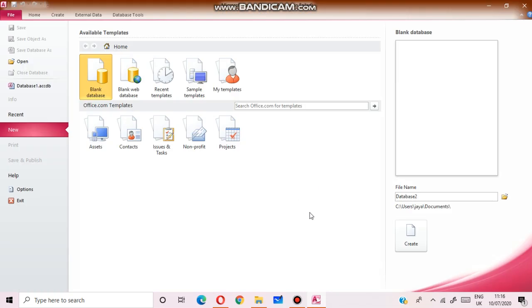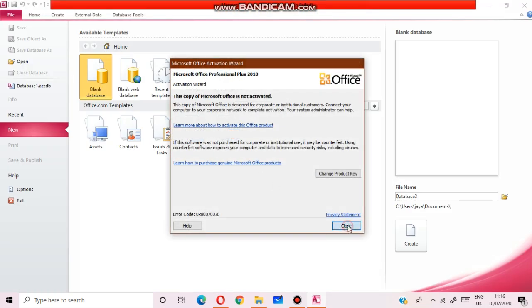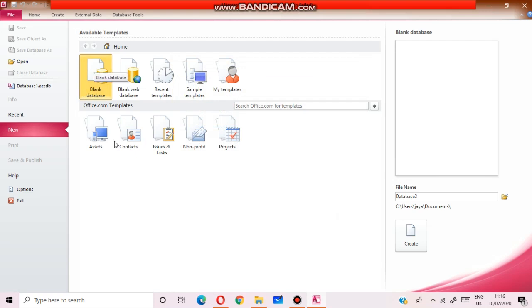Then what will you do? First, you will click on blank database. By default, it has been selected. So here you can see this is blank database.